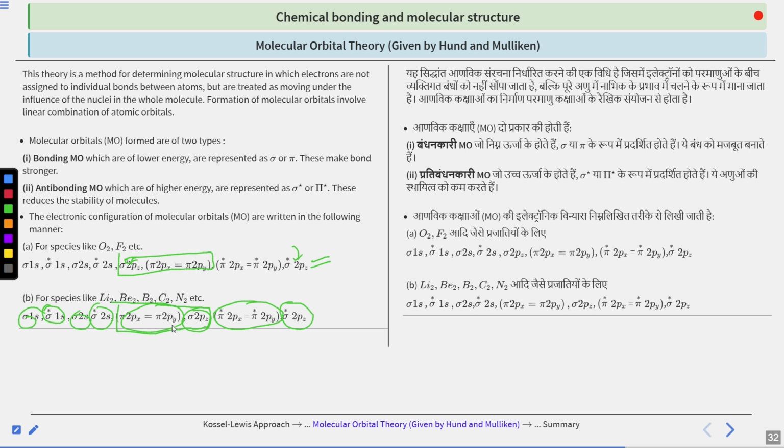Similar goes for this, but due to a very strange phenomenon called sp mixing, we see this type of configuration for the lower atoms, because the difference in energy between s and p orbitals is less, and the s and p orbitals overlap before overlapping with the other atomic orbital, and that results in a raise in energy for sigma 2pz. Okay,